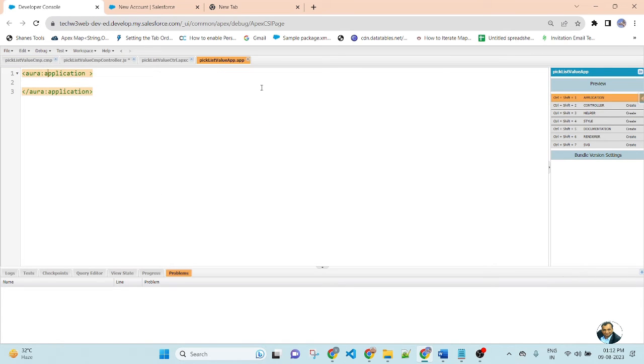At the top of the application, use extends equal to force:SLDS, and here I will call c:picklistValueCMP, the name of the component.